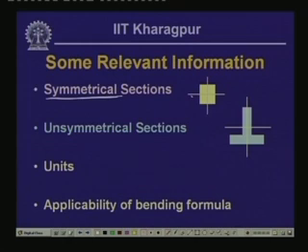Now, if the cross section is symmetrical with respect to the horizontal axis, as in the case of a rectangular or a square section, the extreme distance of the fiber is equal, because it is symmetrical. The centroid lies where the two axes pass through, and the centroid divides the whole depth equally. So, the top distance is y and the bottom is minus y. So, the stress which we will get at the top for the symmetrical section, sigma, is equal to minus M times y by I,